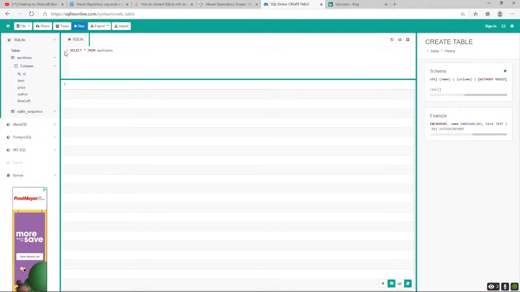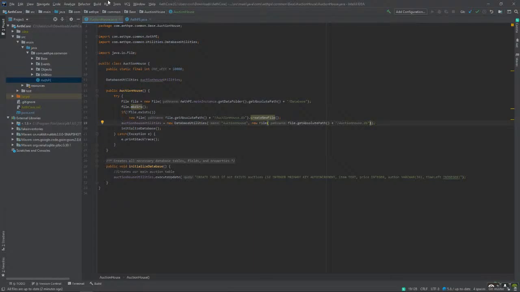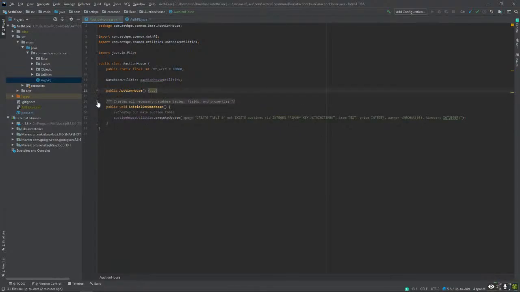So now that we have this, we should create a new function in here called, initialize, or no, create auction.